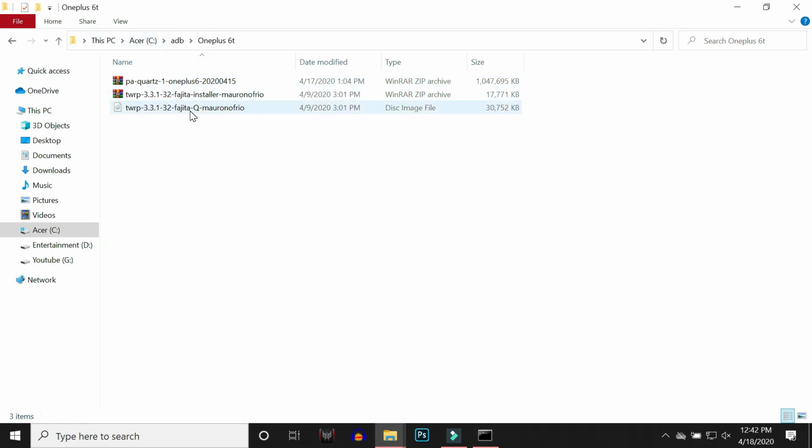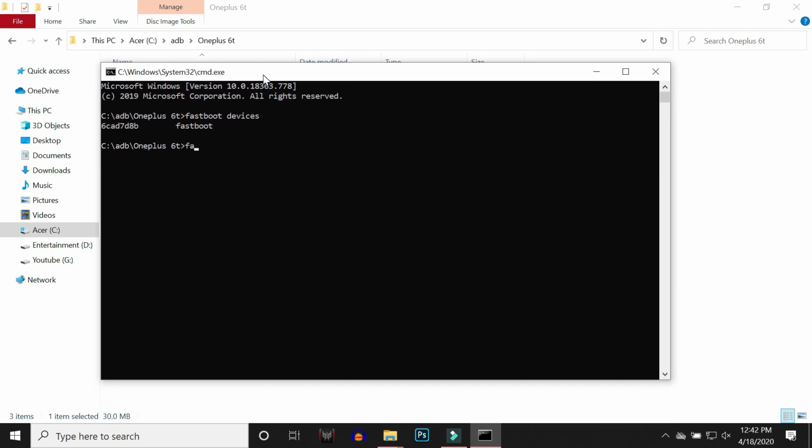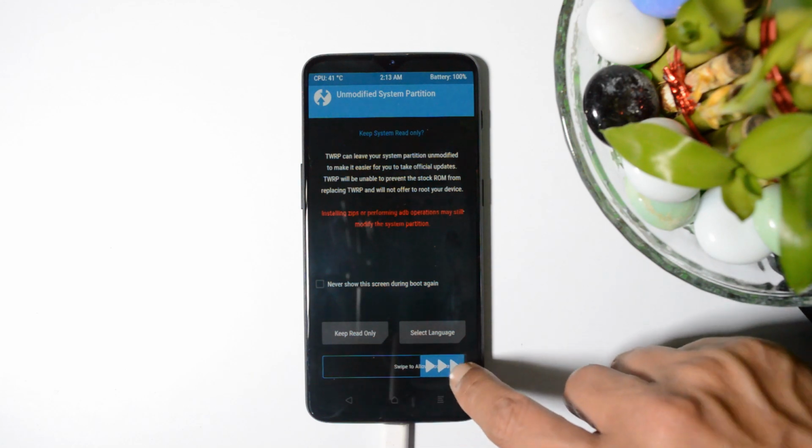For that, what you need to do is copy this name, Ctrl C, open up command prompt, and here give the command fastboot boot and paste the name of the recovery. You can paste the recovery name just by a single right click. Add .img because it's an image file and hit enter. If you don't get any error over here, then your device will successfully boot into TWRP recovery. Here you can see the device successfully booted into TWRP recovery.